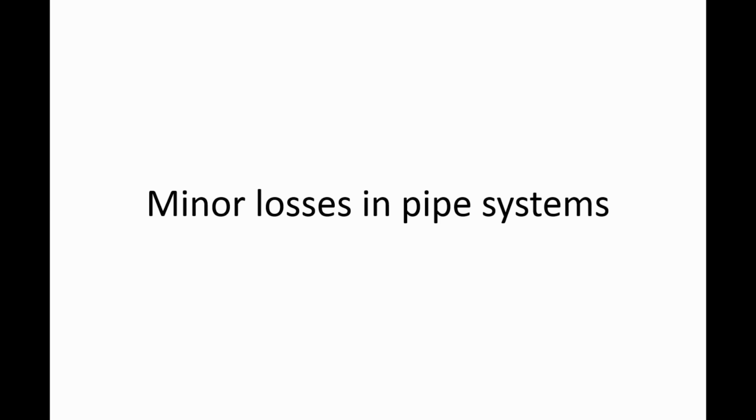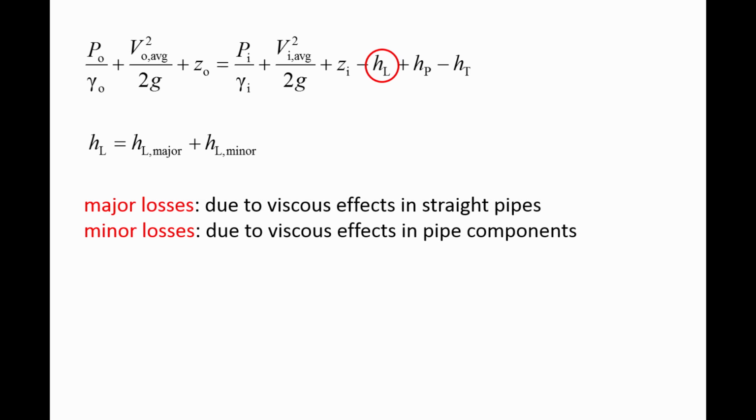In this lesson, we will discuss how to calculate the minor losses in pipe systems. In a previous video, we examined the major losses in a pipe system, which are denoted by HL major and are caused by viscous effects in straight pipes. This video will discuss the minor losses, which are denoted as HL minor and are caused by viscous effects in